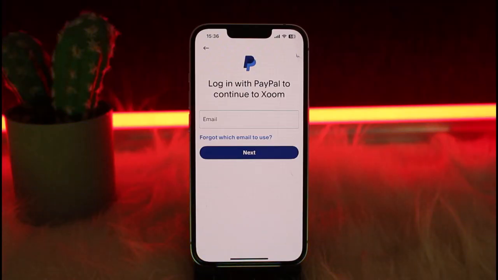Confirm that a Xoom account will be created for you, aka verifying yourself. Then all you gotta do is go to the section of sending money and enter the